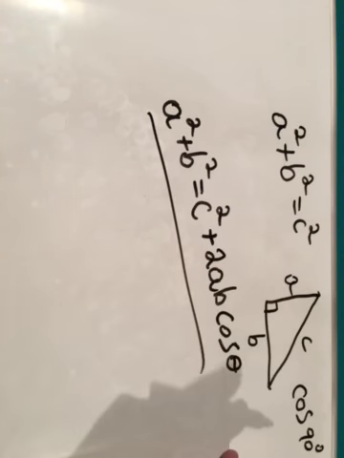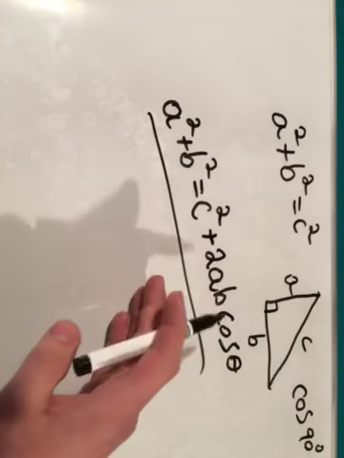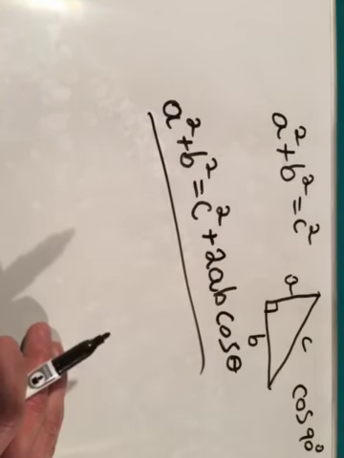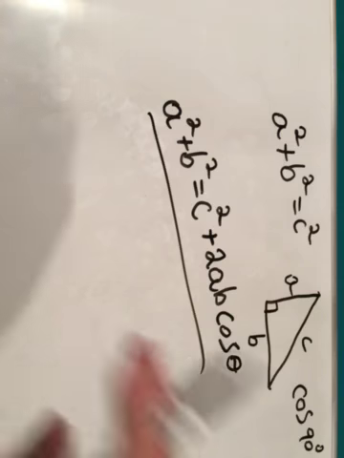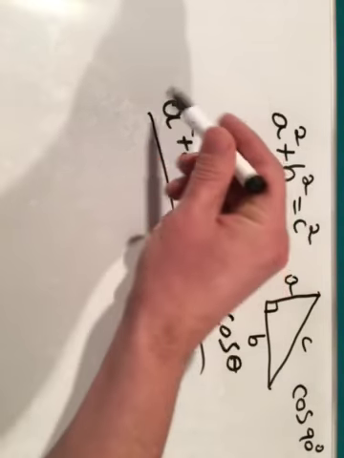And then later on, when you have to use the law of cosines, you don't have to memorize it. Because you can always, this is the law of cosines. So again, Pythagorean theorem works for every triangle there is, and this